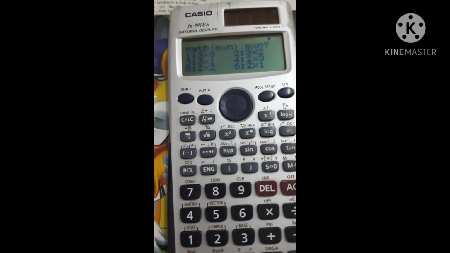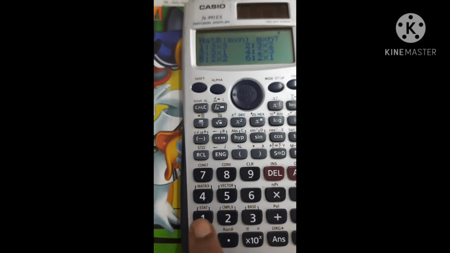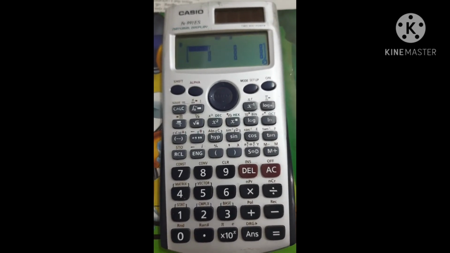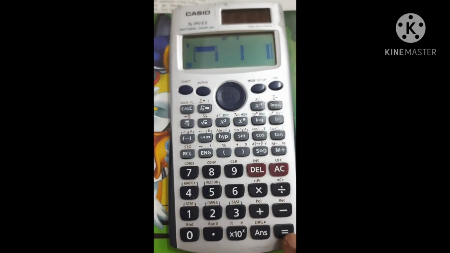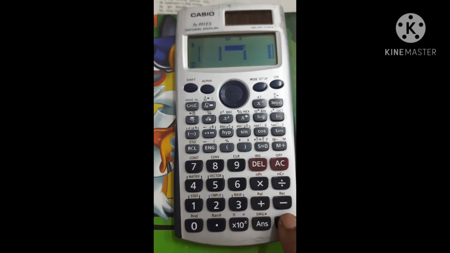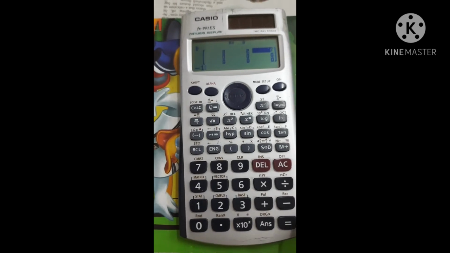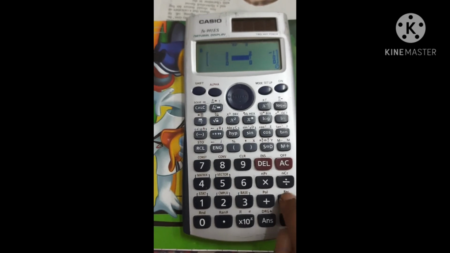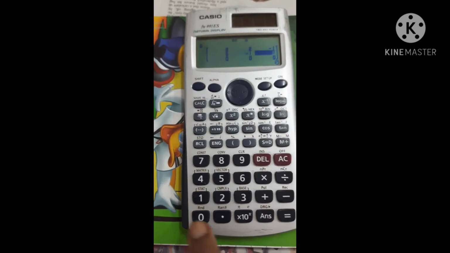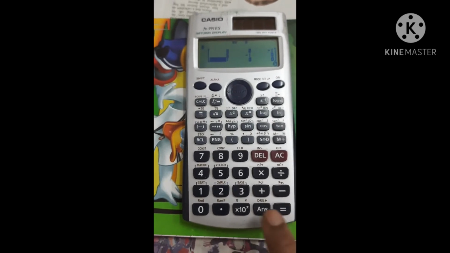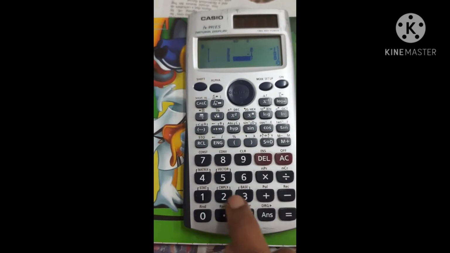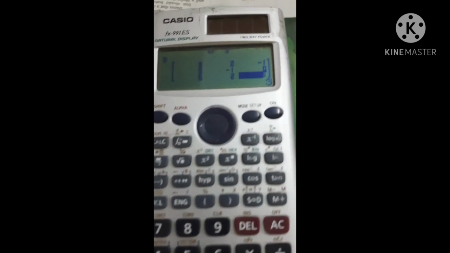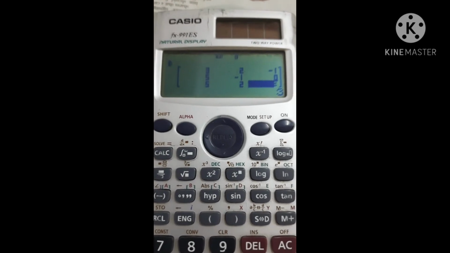Now we can see the orders of the matrix. Let us choose a matrix of order 3 by 3. Choose option 1. Now we need to enter the elements. Let us take the first row as 3, 2, -1. The second row as 5, -1, 0. The third row as 5, 2, 3. We have entered all 3 rows of matrix B.